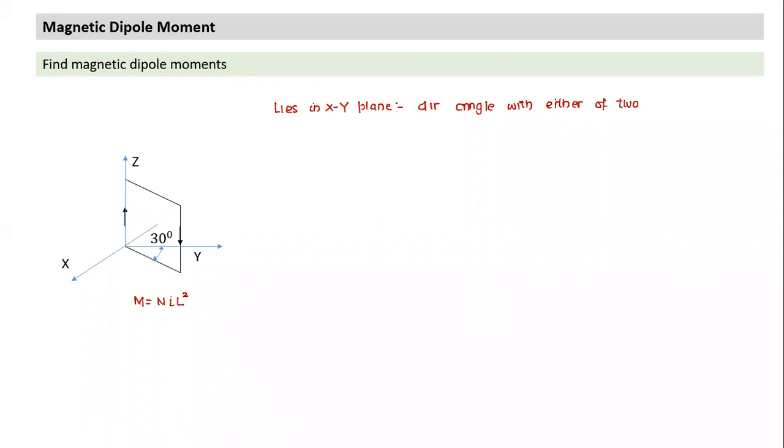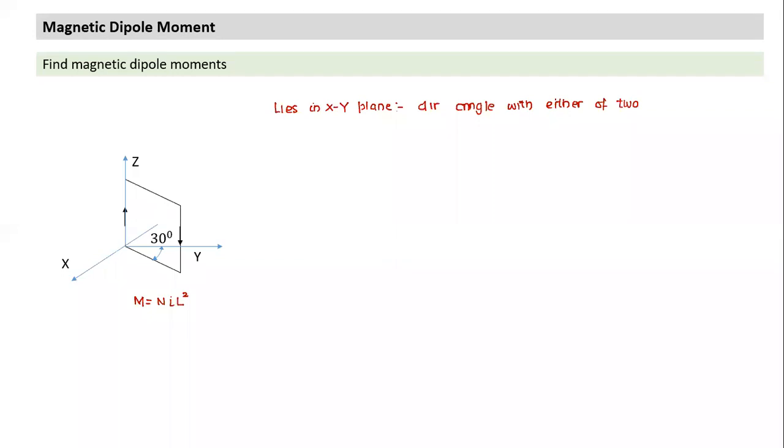Anybody else? Bhageshri, can you figure out the direction here? The same way, sir. I just drew a perpendicular to the current. So it is perpendicular to the plane, you drew that, and you are able to find the direction without any difficulty. Disha, can you find the direction? I have some confusion.